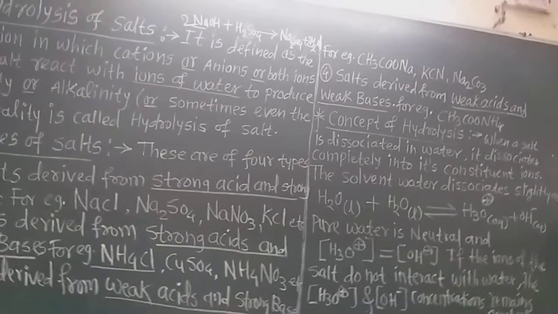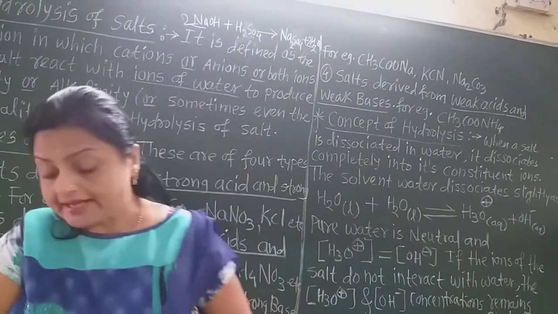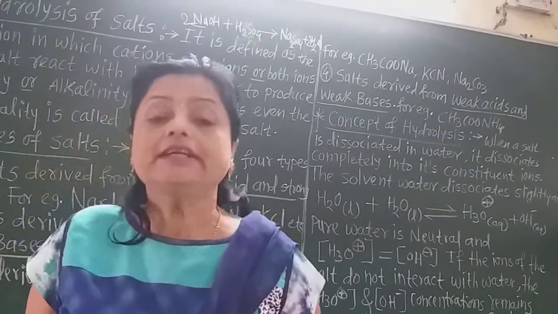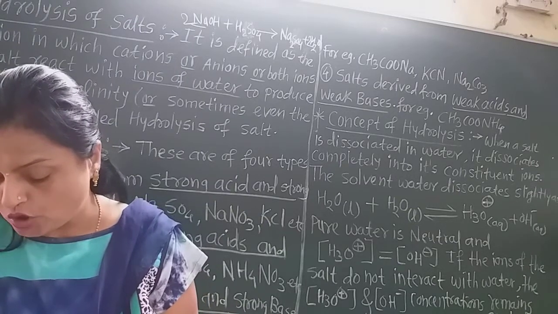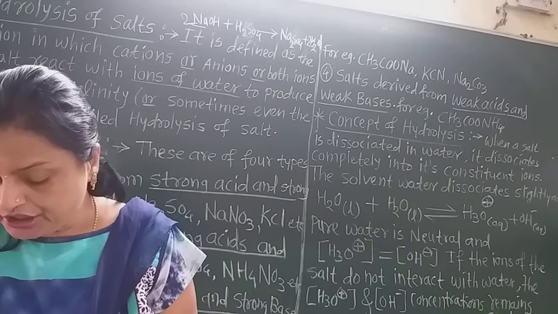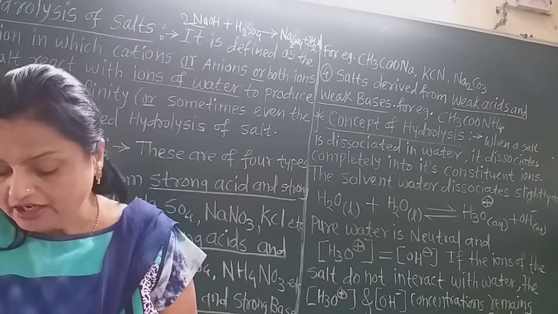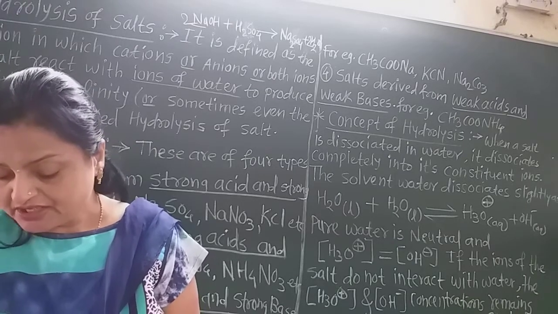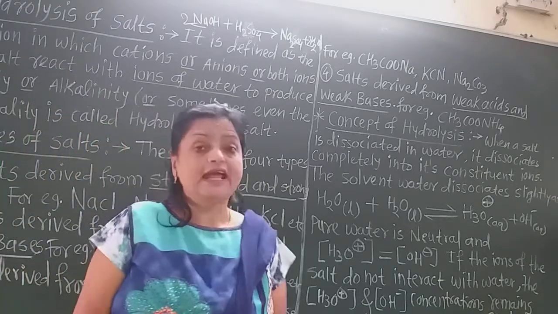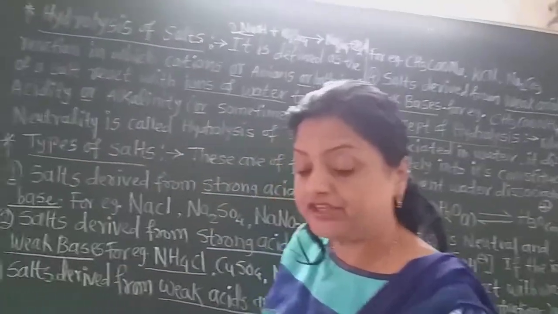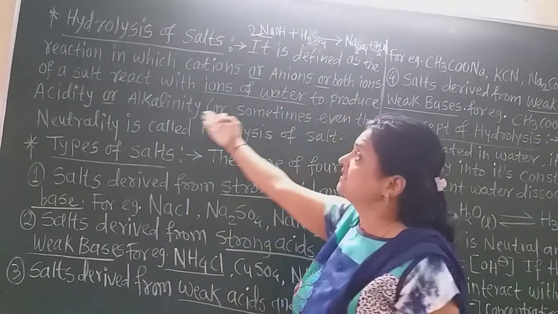So students, if there is no interaction between the ions of water and the ions of salts, then the concentrations of hydroxyl ions and hydronium ions remain constant, and the solution does not become acidic or basic depending upon the type of the salt. Such a reaction between the ions of salts and water is called hydrolysis, and you can write the definition of hydrolysis of salt. It is defined as the reaction in which